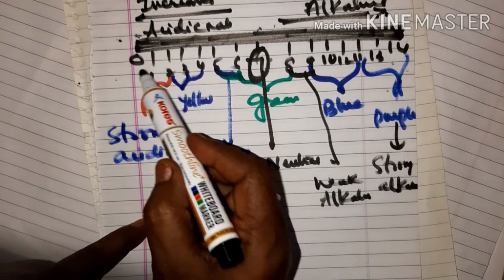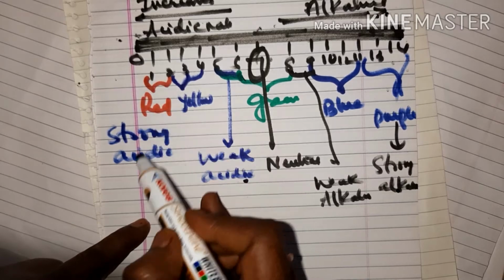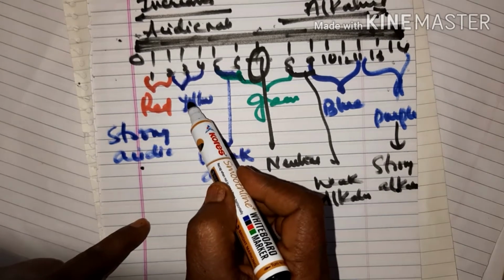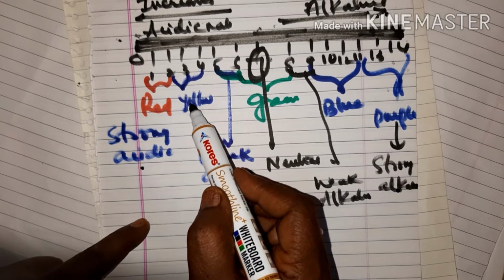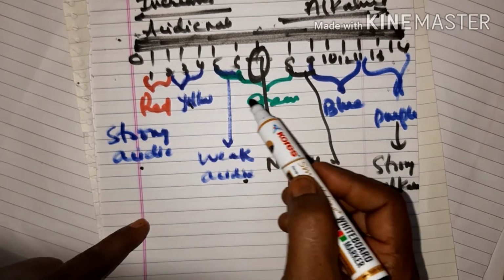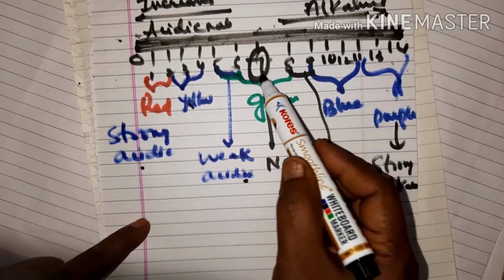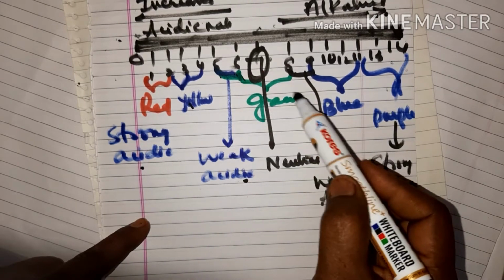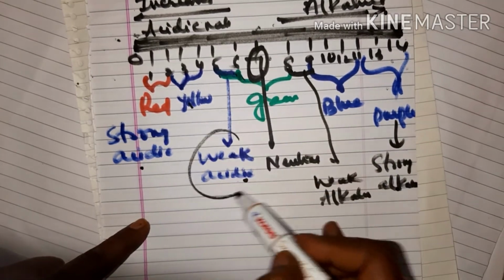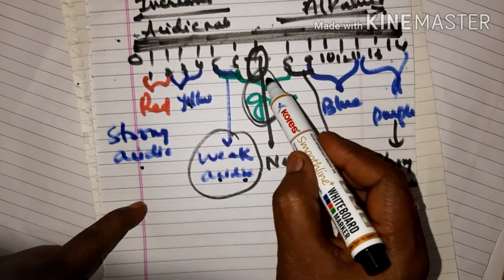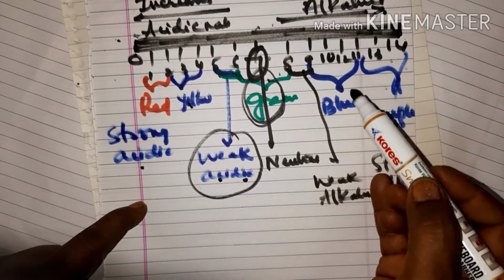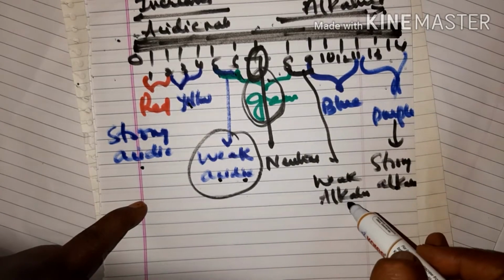Now I gave you the color. Red color gives strong acid. Yellow color gives mild strongness of the acids. And then 5, 6, 7, 8, these are all green in color, children. So 5 and 6 give the indication of weak acids, and neutral is always green in color. And 8 and 9 are weak alkalis.